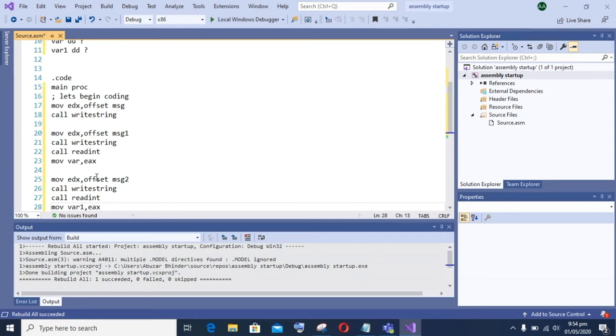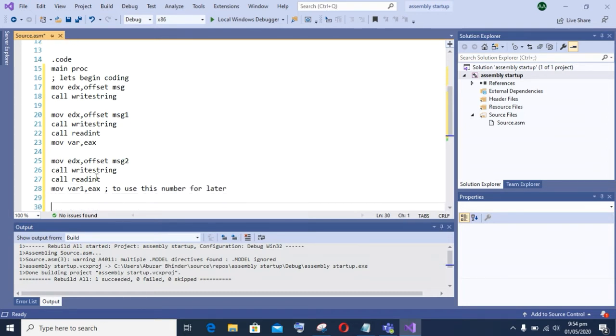This depends upon you. If you want to use the second input value further in your program, then you can store it into a variable. And if you don't want to use it in your program, then you don't need to store it in any variable.